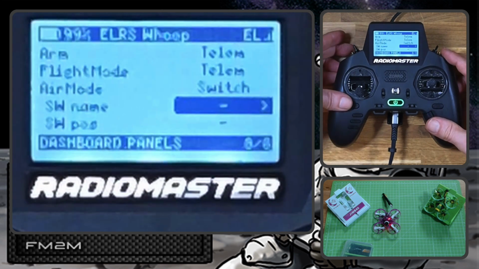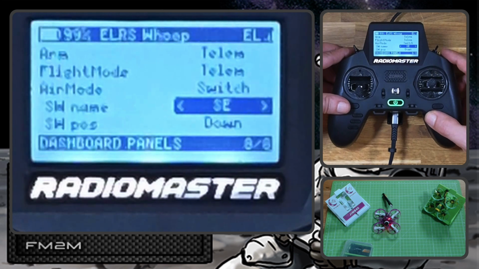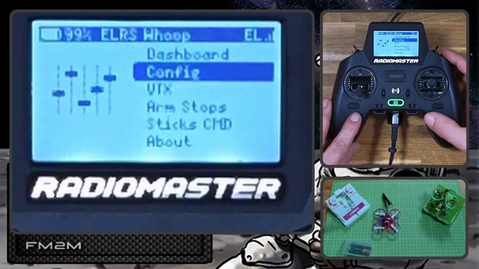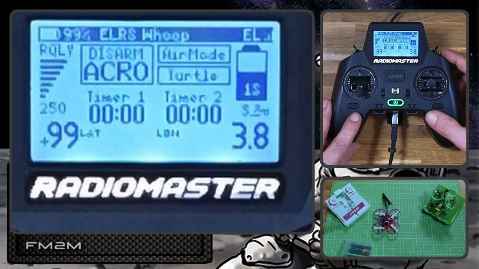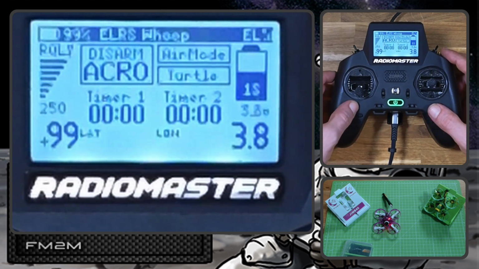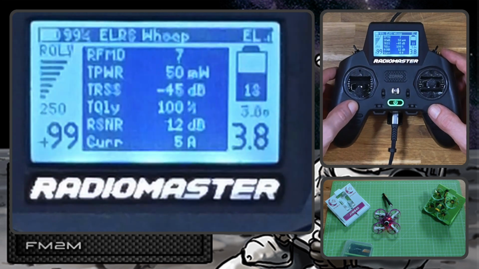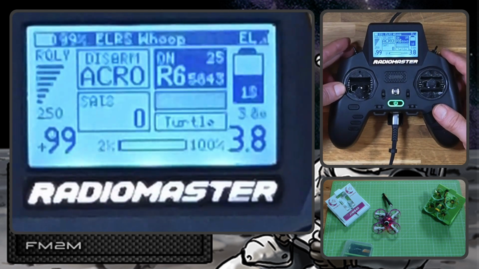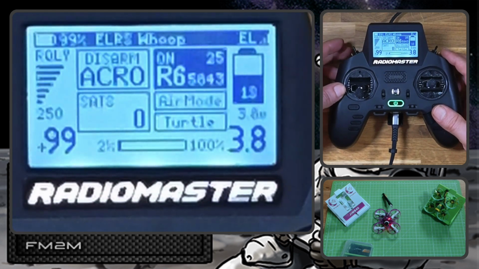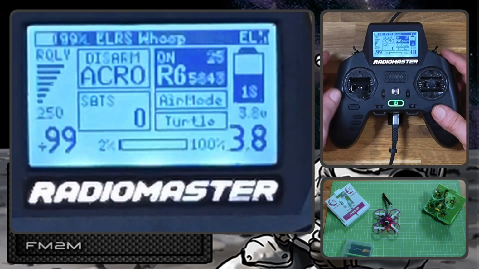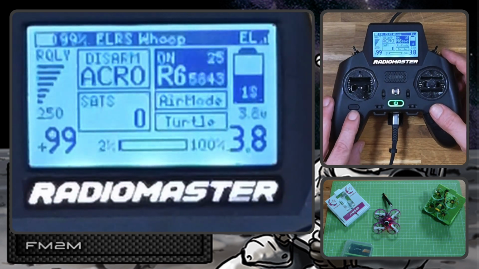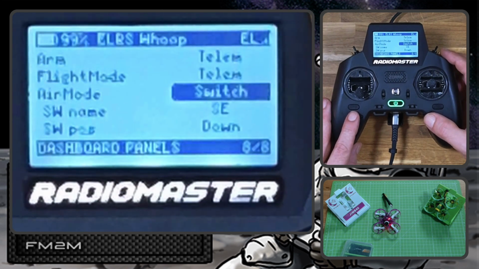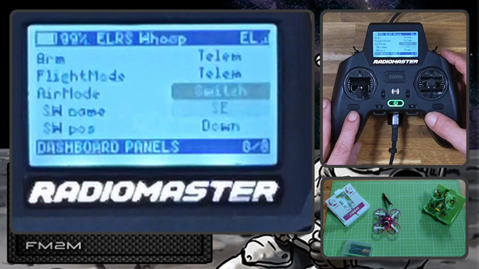Switch name, let's make it where it's here. It says that it was down. And now if I go to dashboard, and I switch the switch, air mode is on, okay? So now you have an air mode indicator, and let's go to a config, and let's go to